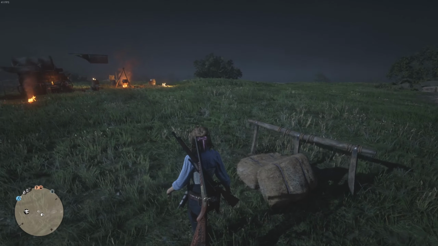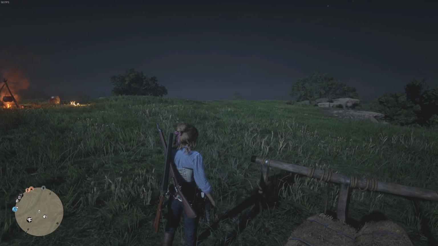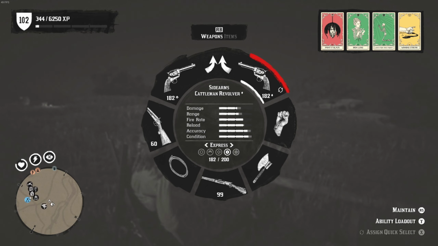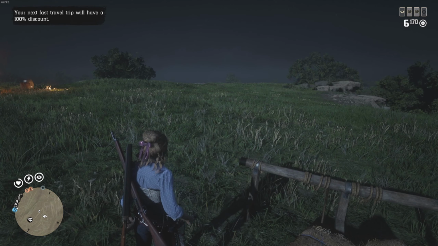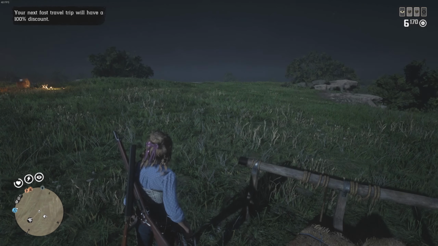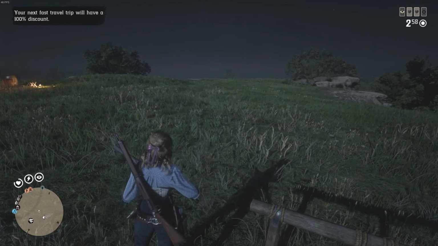So say our last gun was the bolt gun. If I pull the trigger, she'll get out the bolt gun. But if I press LB for me, she'll quickly get out the pistol. Now, I'm pretty sure that is a quick option that is changed on... Yeah, so we can switch revolvers by doing that. But what if I had it as...